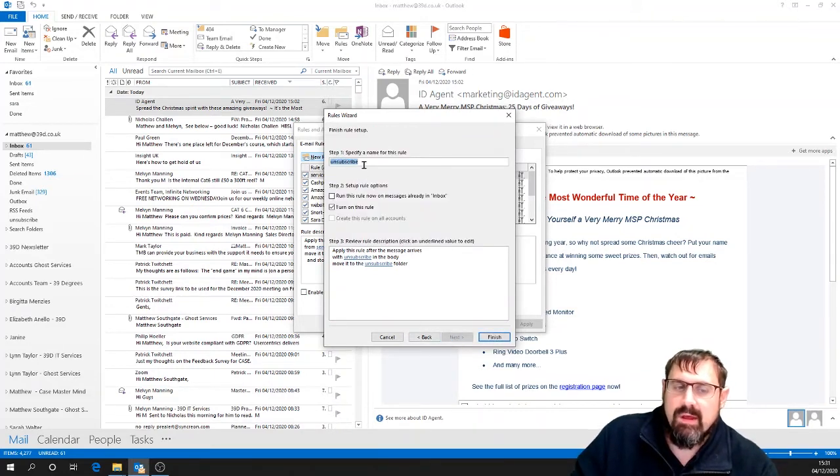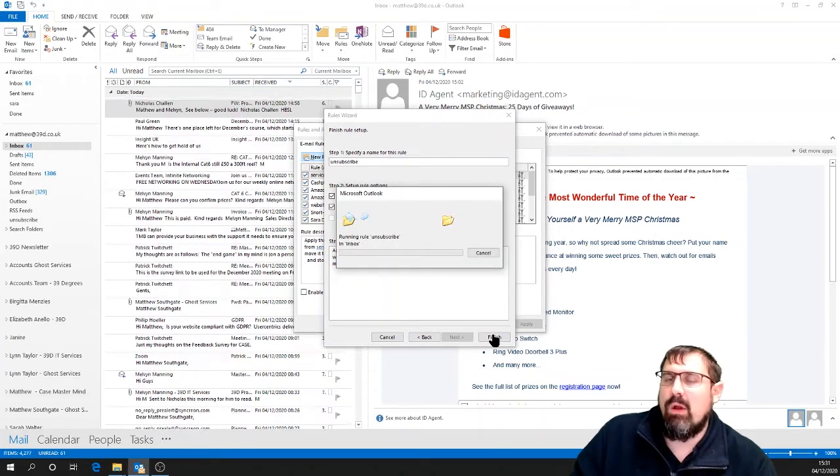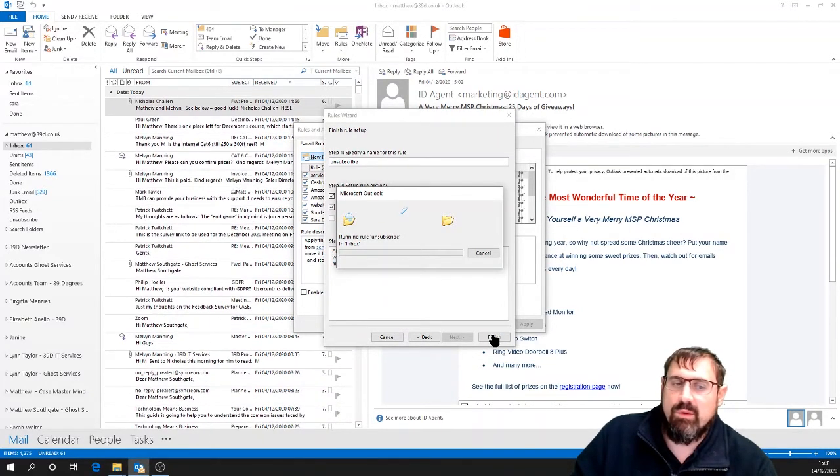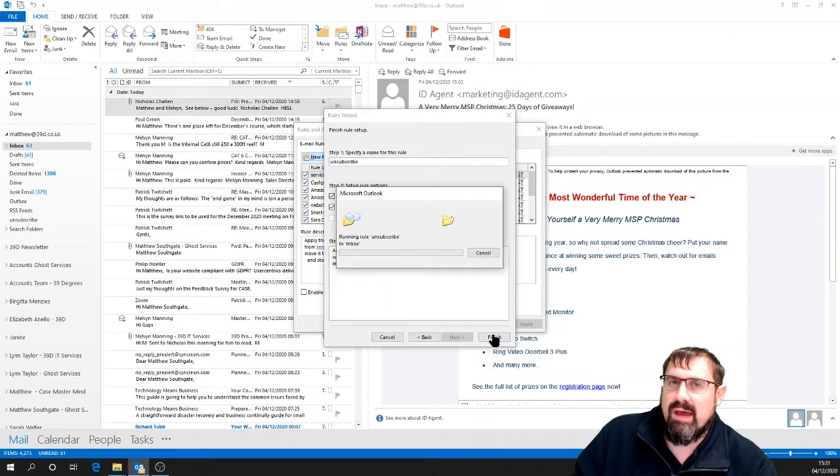Press next, name the rule. I've called my rule unsubscribe, and then I'm going to run that rule on all of the messages in my inbox. Obviously going forwards, as new messages arrive, that will then automatically capture those messages. Press finish. Outlook will now take a while to run through the few messages that I've got in my Outlook,